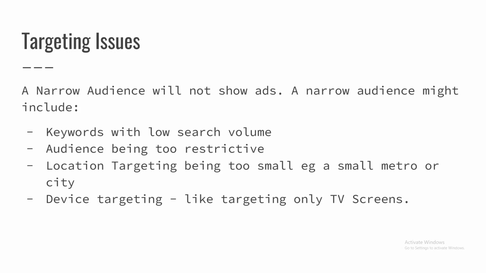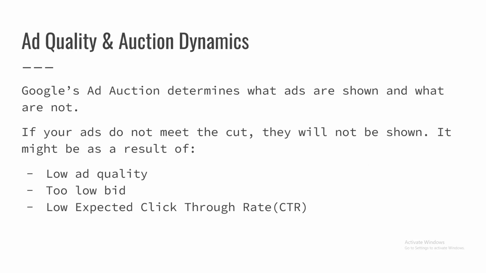And lastly is your ad quality and ad auction dynamics. So if you have very poor ads, if the ad quality is low, Google is not going to show your ads, because every time your ads enter the ad auction, they are not going to win the auction. So remember, Google has an auction that determines who appears on the ad, because not every ad is going to be shown. There are thousands of advertisers that are trying to compete for the same attention of people. So Google tries to see who is more relevant to the search using a system called the